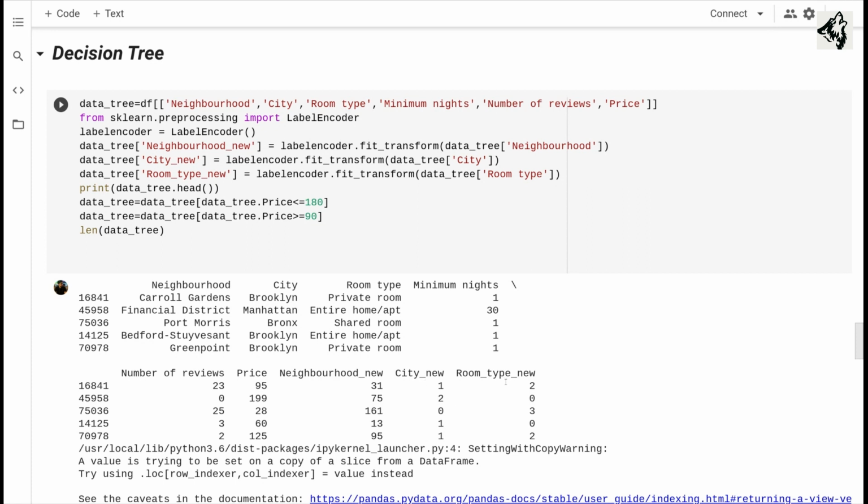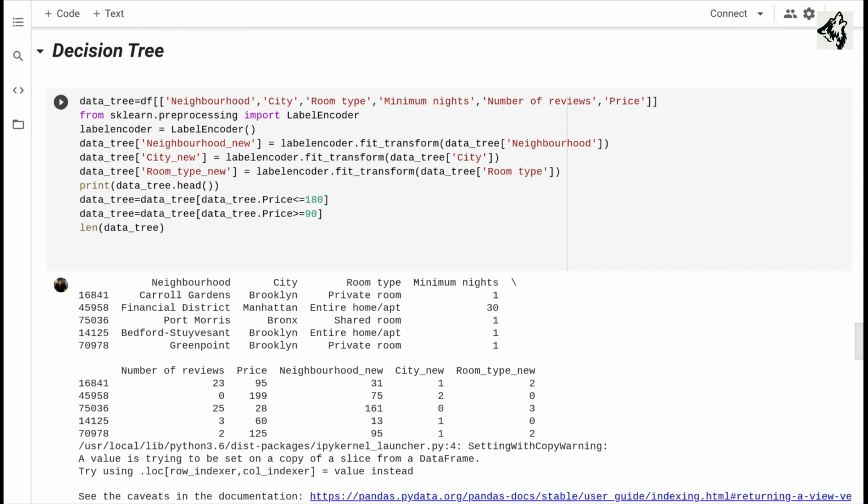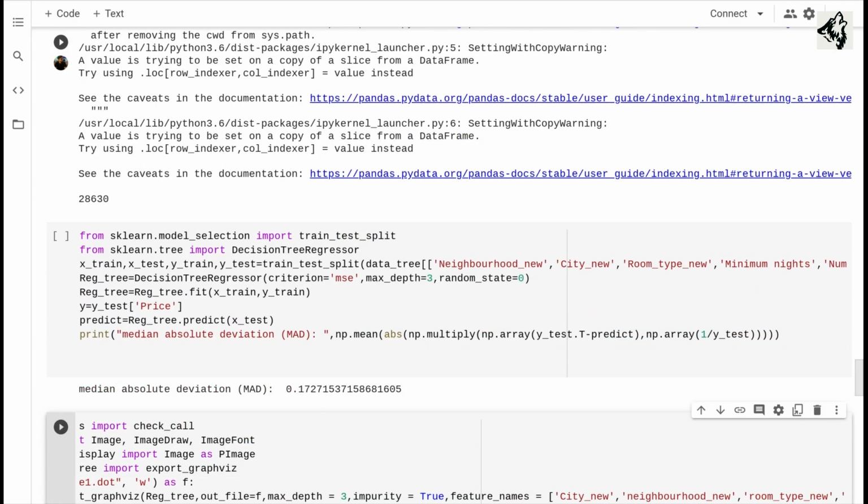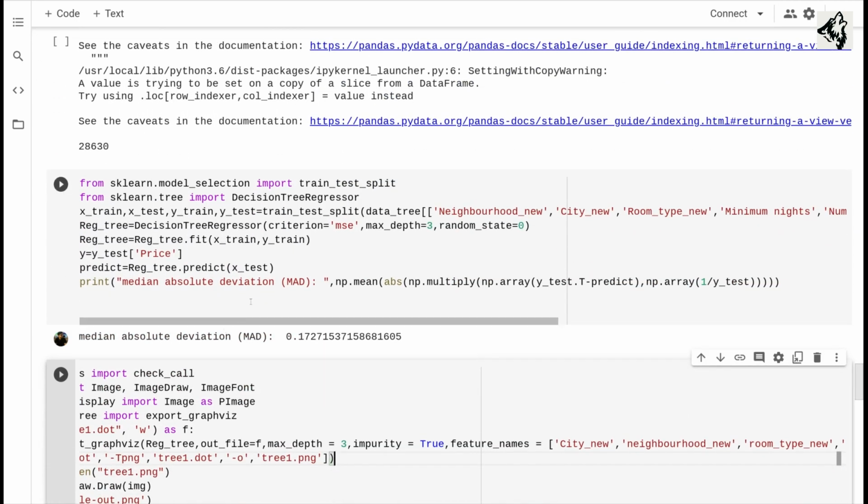We take the values of price between $90 to $180 to create this tree. The median absolute deviation is a measure of the variability of a univariate sample of quantitative data, and here you can see it being computed.